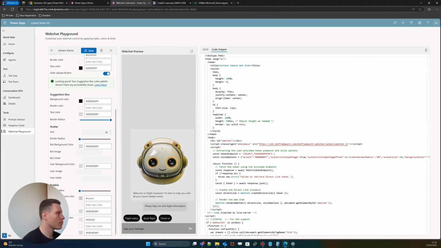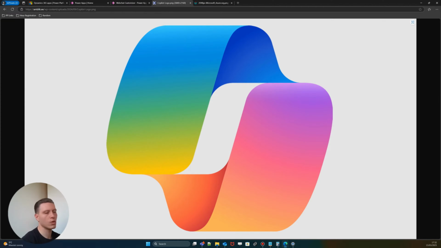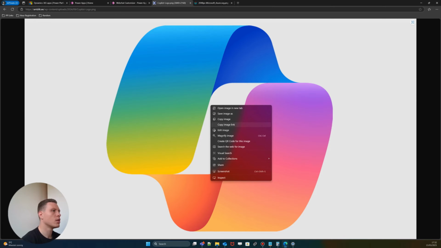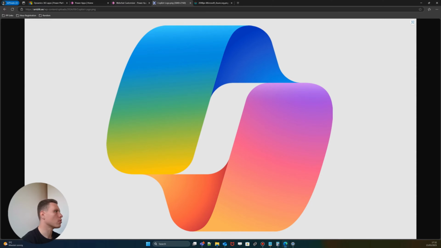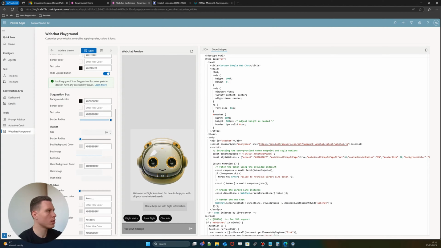So let's do the same for our avatar. So basically avatar settings are the icons which you see from the user, but also from the chatbot. Therefore, we first need an image. So I just picked here already some. You need to use web accessible images. You can, for example, use here the Copilot link, and we can just paste it here and it will appear